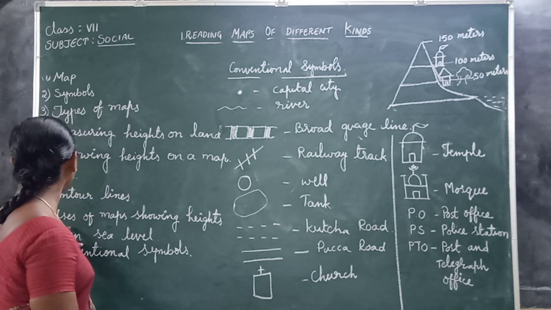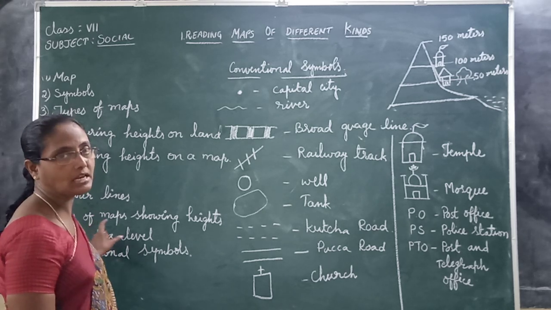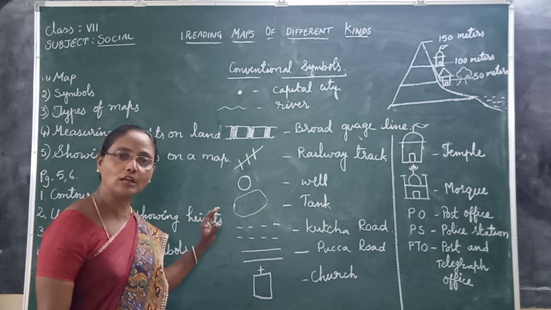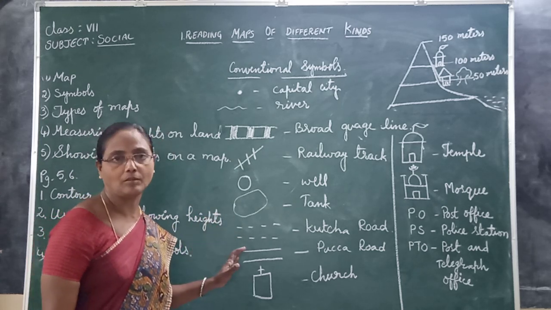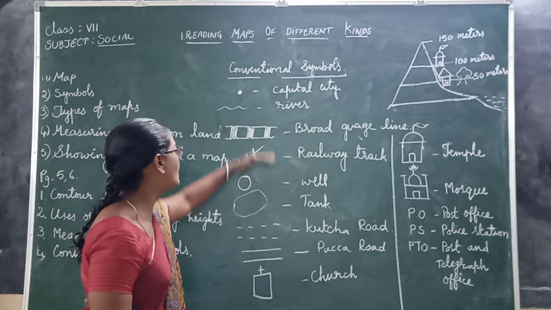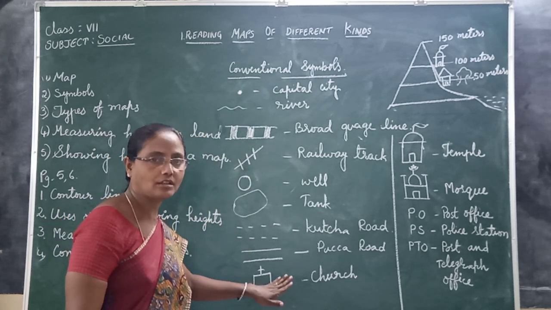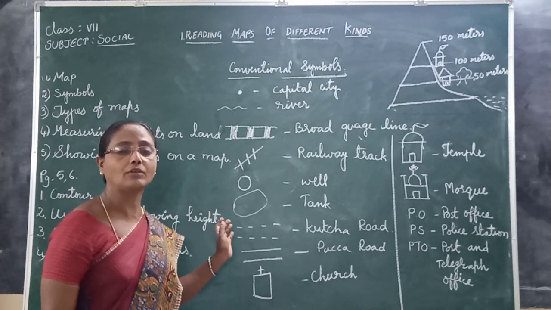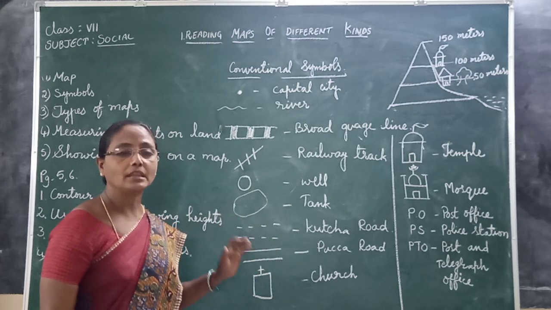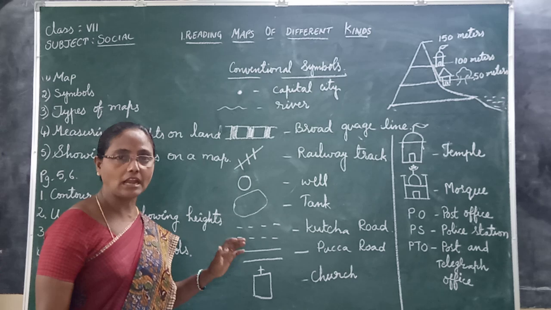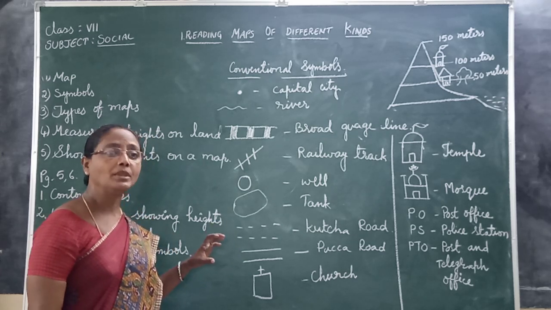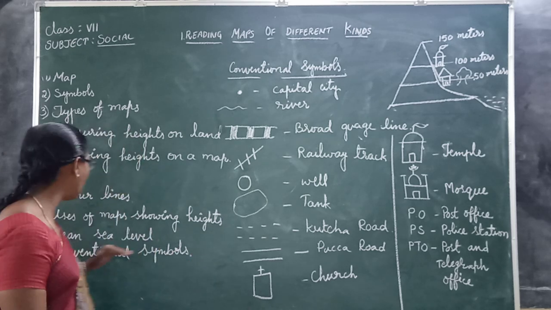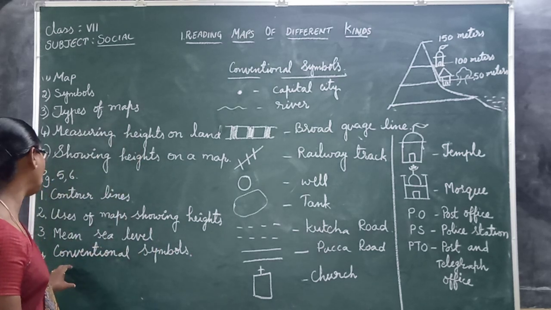Next, how do we calculate the mean sea level? There are high tides and low tides. The level of the sea never stands still. The mean sea level is calculated by very carefully observing the sea level at frequent intervals.